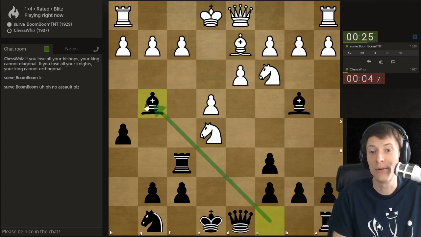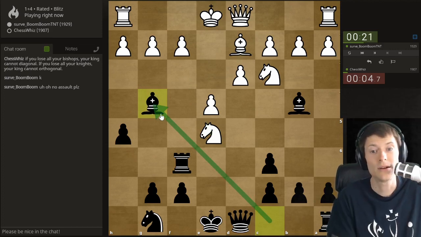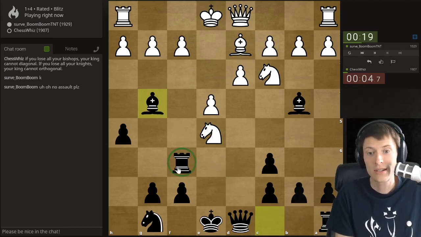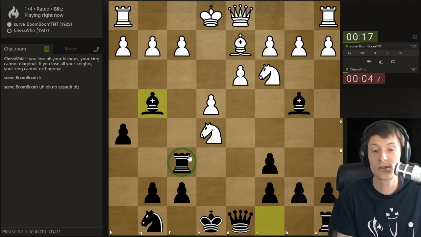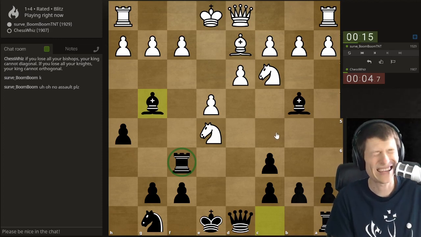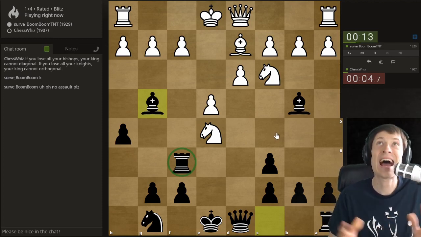So I've prepared the bishop attack. Okay. This is a bishop. It moves diagonally, just so you know. We're going to try to take something with the rook, which keeps his king from moving in a certain way because he's running low on body parts. And then we're going to win. This is going to be fabulous.